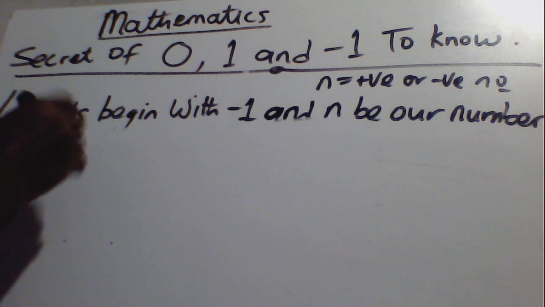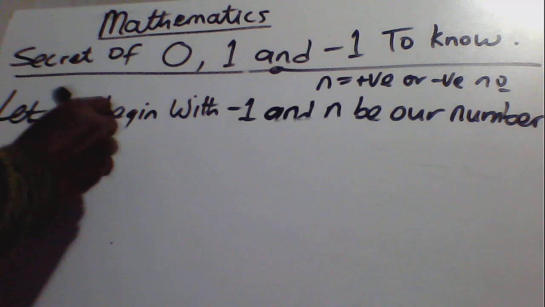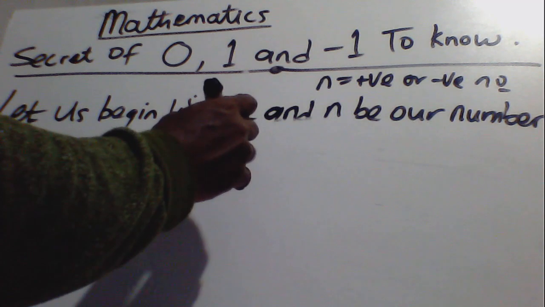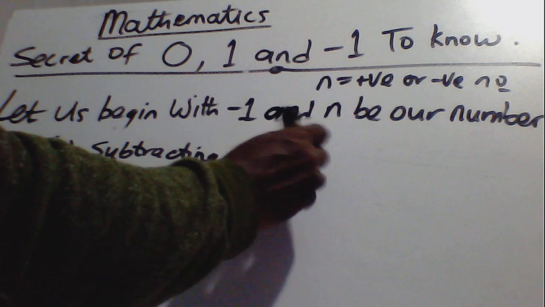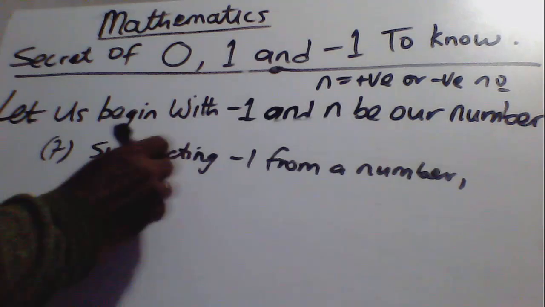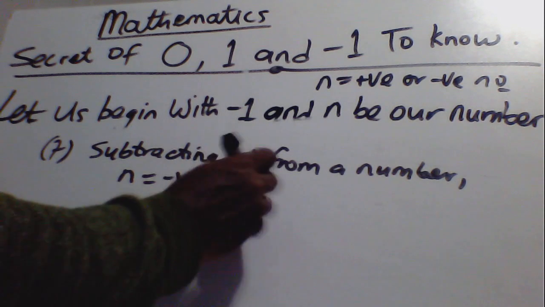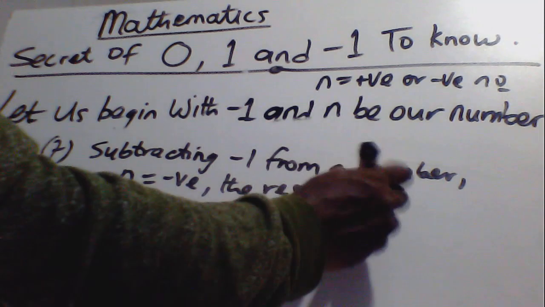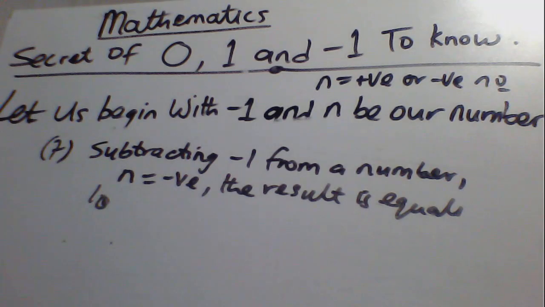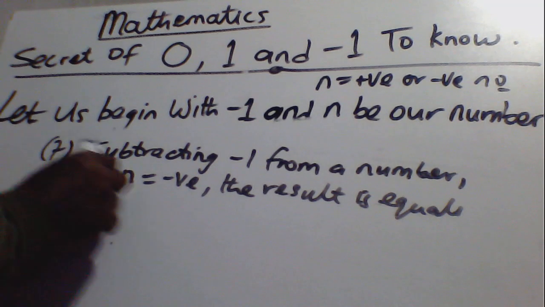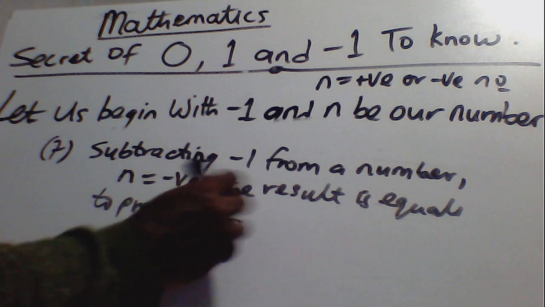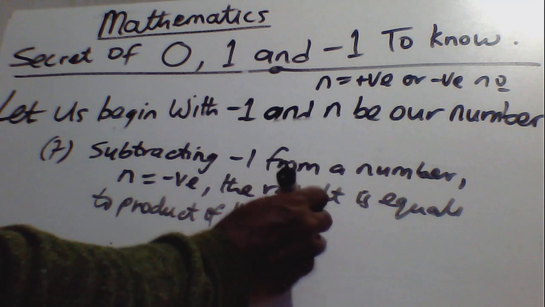So the seventh one, subtracting minus 1 from a number, in this case n is equal to a negative number. The result is equal to the product of the number